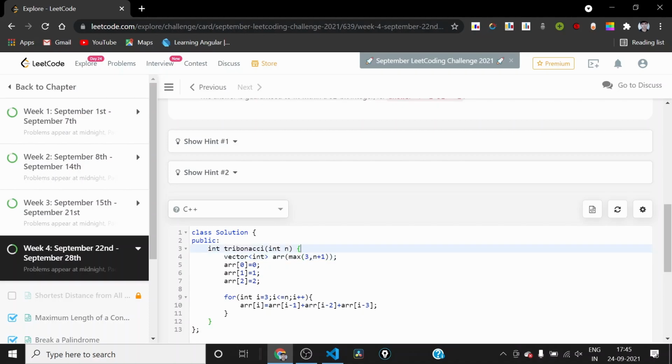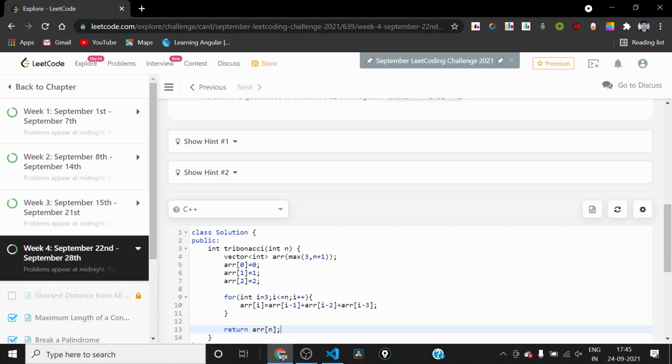So for size equal to 1, this statement will be valid, but these two statements will give us a runtime error. So that's why I have done something like this: max of 3 comma n plus 1. So in the end, we just need to return ARR n.